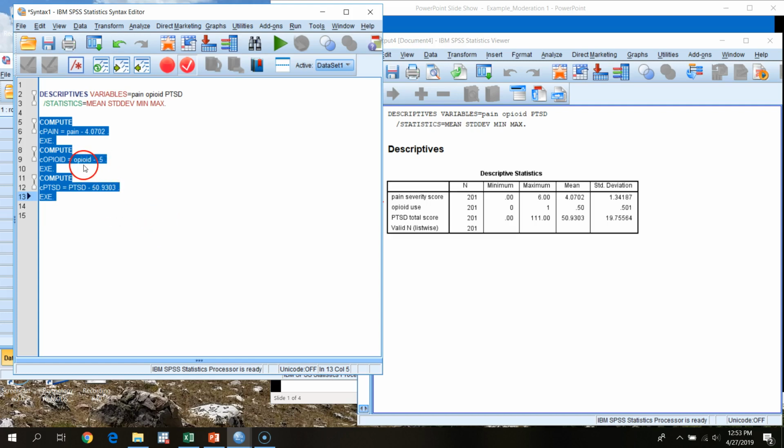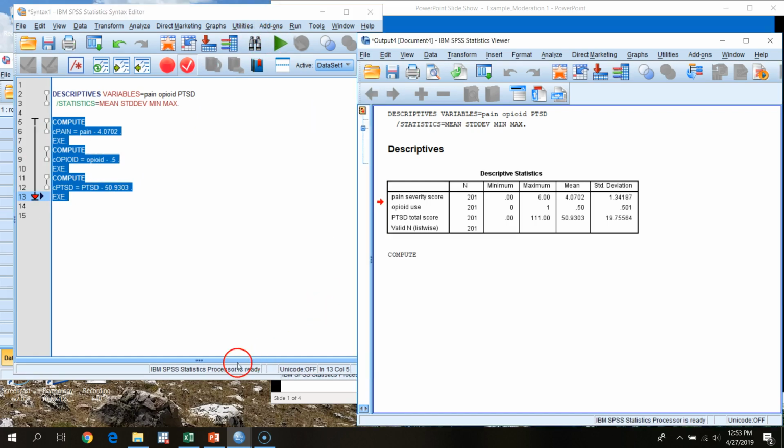if we don't center this, if we just use the raw dummy code, the 0, 1, no use, what we're doing is looking at effects specifically for the no use group, because our effects in our regression model give us the unique relation of our variable with our outcome when all of the variables in the model are held constant at 0. If we center opiate use, at least for this initial first model, it gives us effects of X on Y, controlling for or averaging across opiate use. So we're going to go through and first run our